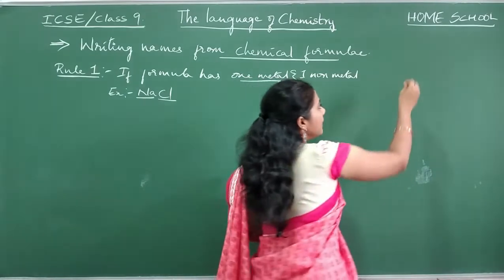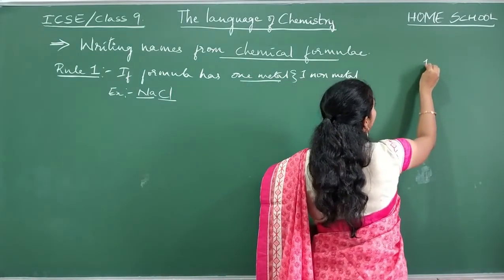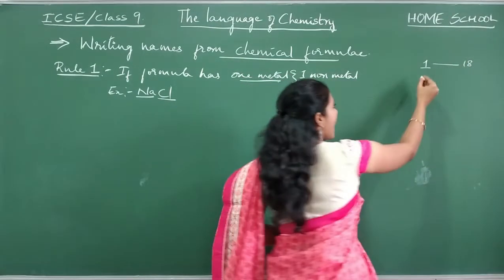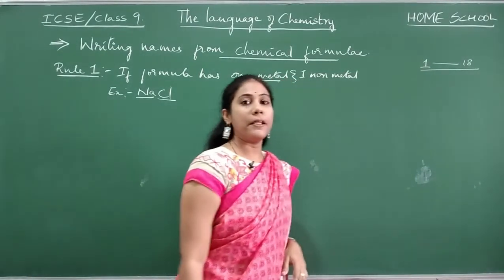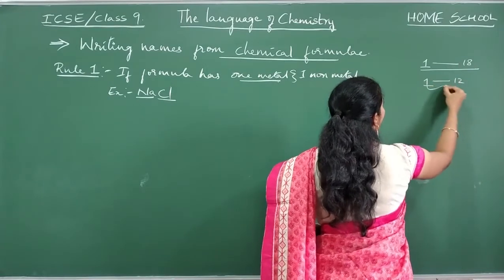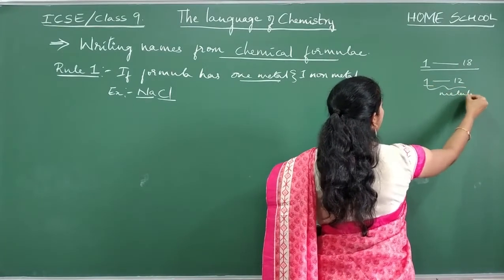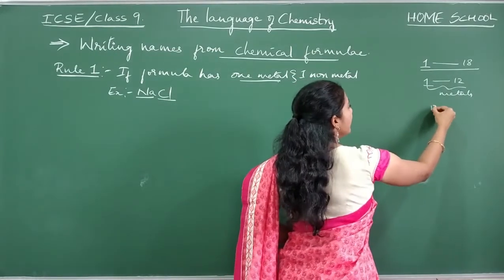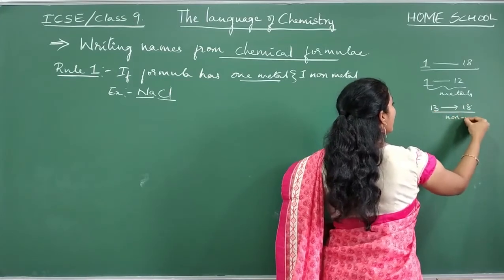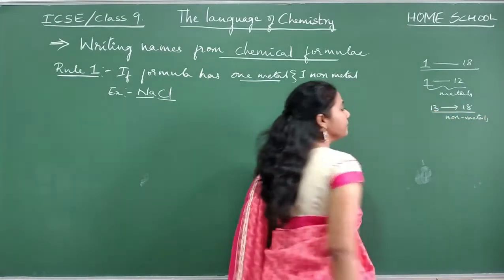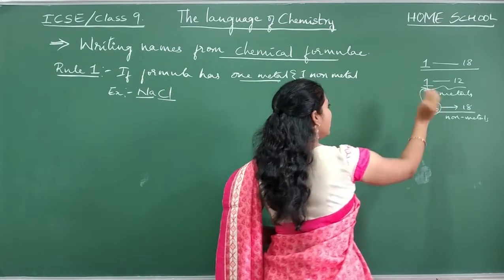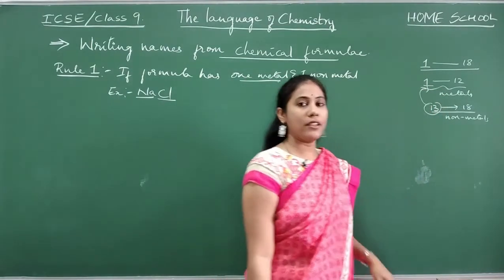So usually our periodic table contains 18 groups, that is group number 1 to group number 18, guys, okay. So these are the groups present in our periodic table. And remember, group number 1 to group number 12, all these elements are metals, okay. And group number 13 to group number 18, all these elements are non-metals usually. Clear, everybody? Sometimes some of the 13th group elements belong to the metal category also.